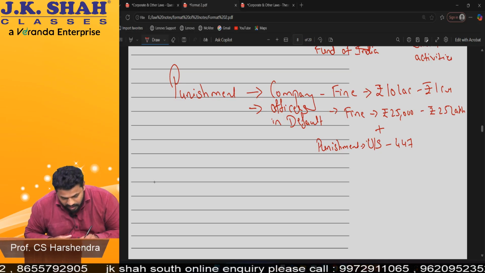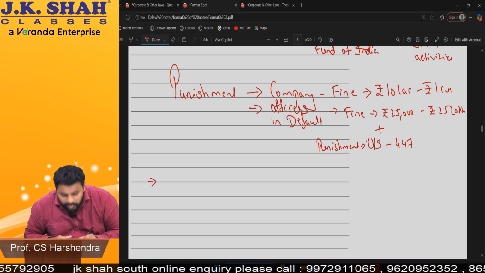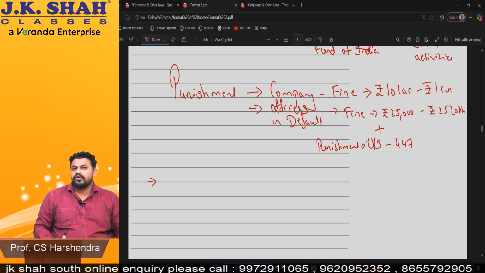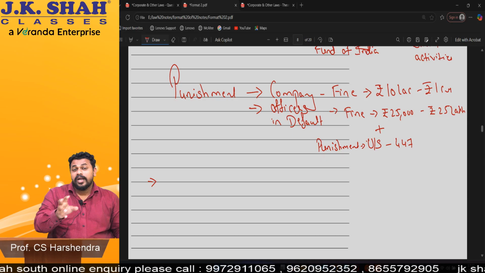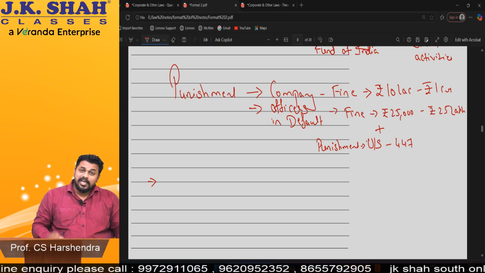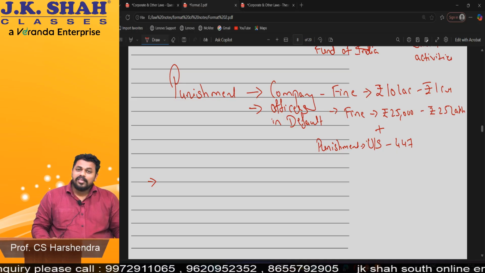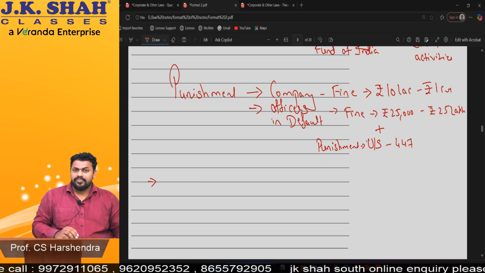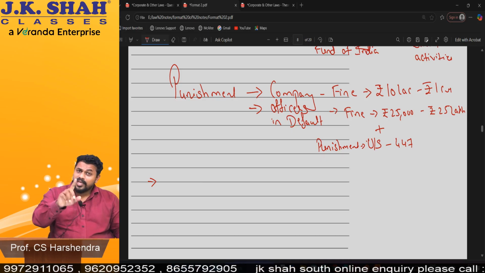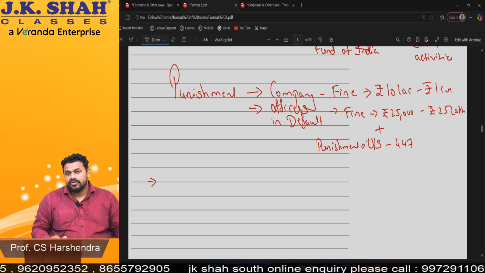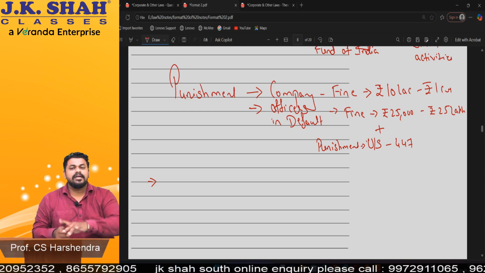Okay, then two important points. I told you there are two important documents, AOA and MOA, Articles of Association and Memorandum of Association. Can AOA and MOA be altered of any company? Can you change AOA and MOA of a company? Answer is yes, by members' approval. But in this company's case, you can change AOA and MOA with members' approval, plus you have to take central government approval also. Sir, why, sir? The reason I'll tell you.